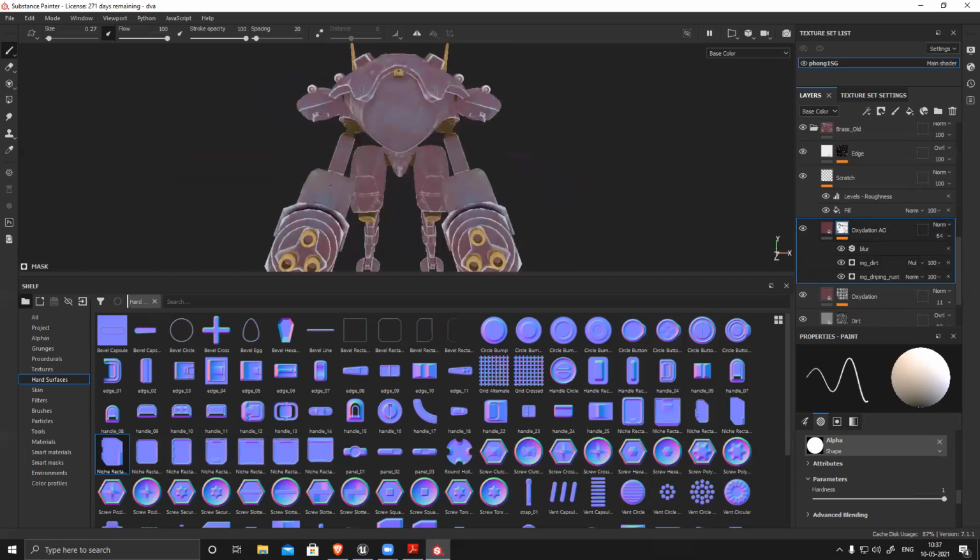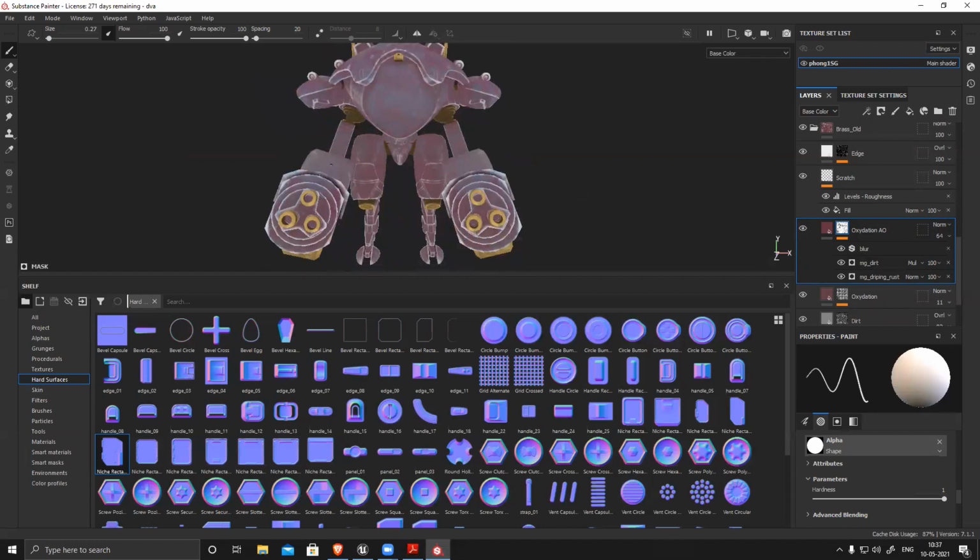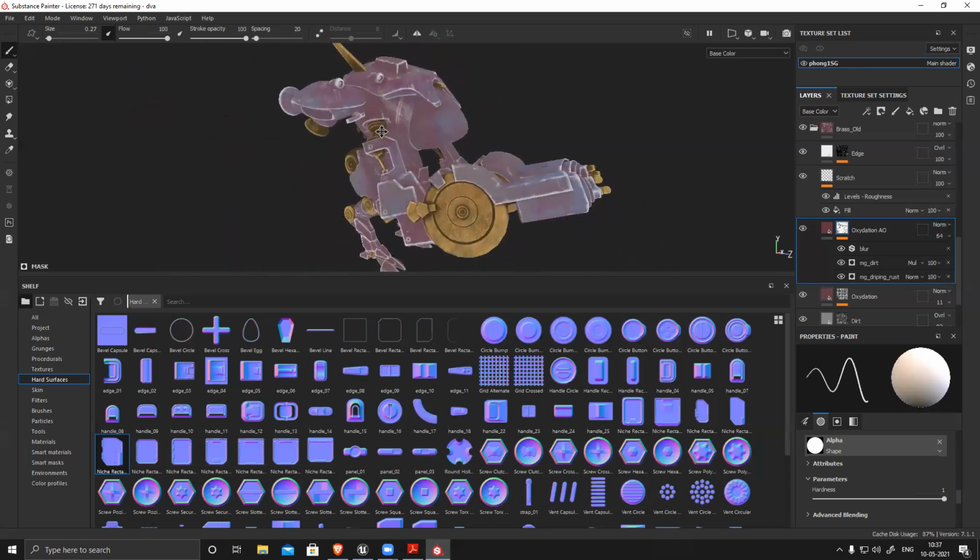We need to keep these things in mind because we are doing PBR texturing, physically based texturing. In physical objects, dirt doesn't generate based on the ambient occlusion. Ambient occlusion helps where two parts are connected. Yes, you can generate dirt with the help of ambient occlusion, but make sure to check everything in your base color.